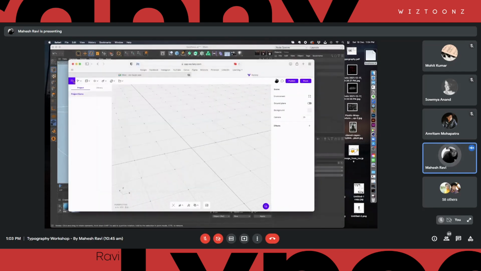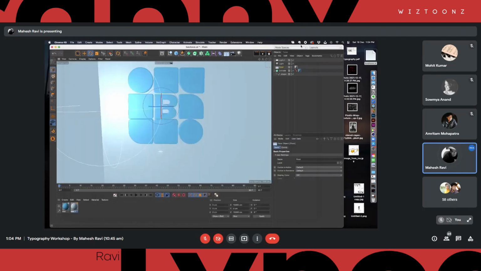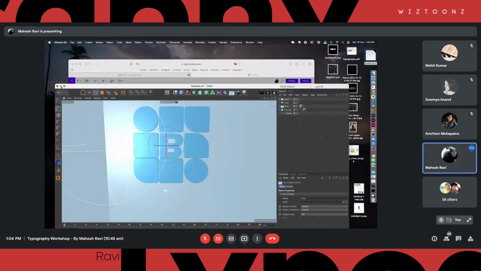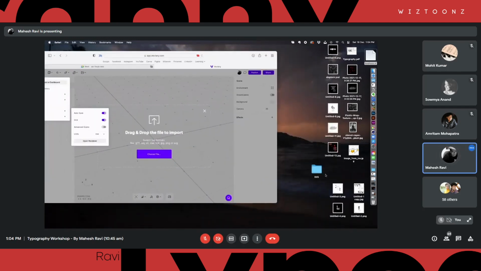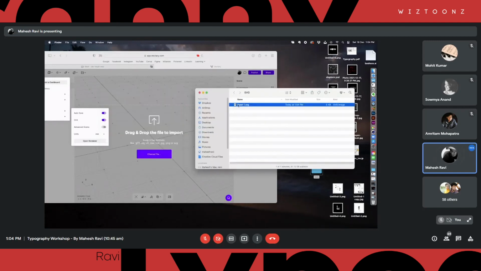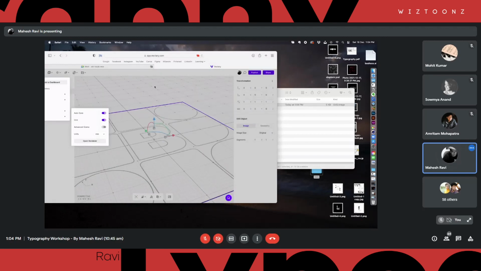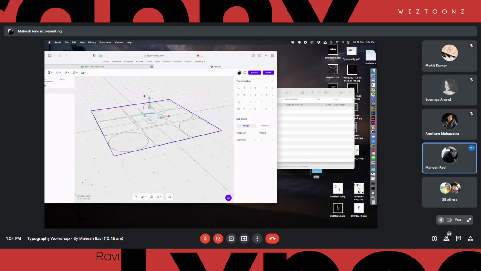So what you can do here is, you can go here, go to Import, and take the SVG file that we just created. Drag and drop it. And you have it here, okay?